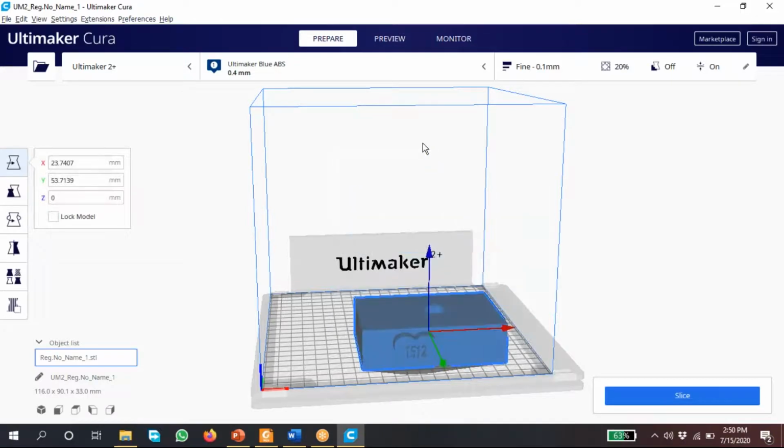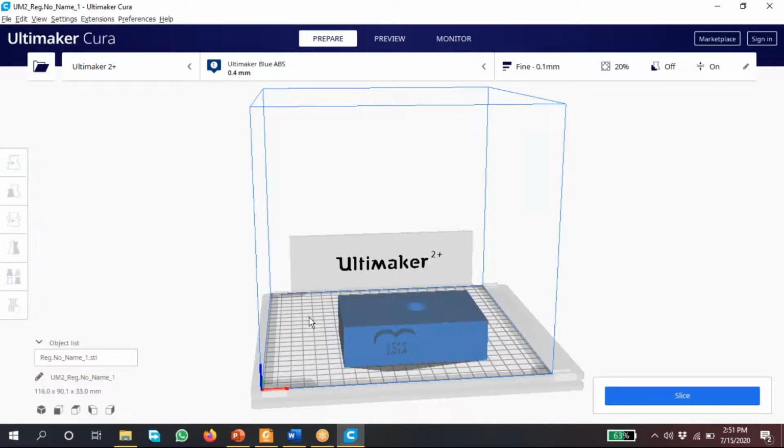Why I'm saying X movement, Y movement, Z movement is that in G code we can see X, Y, Z also. That's why you can see here red color is X, Y is green color, Z is blue color. Because of the gravity, it will fall down.